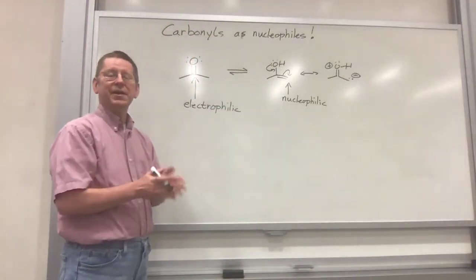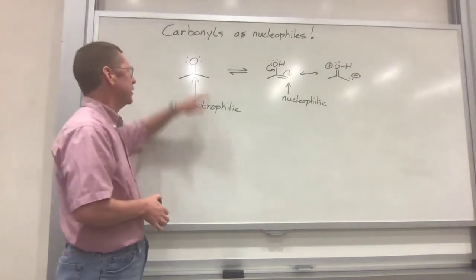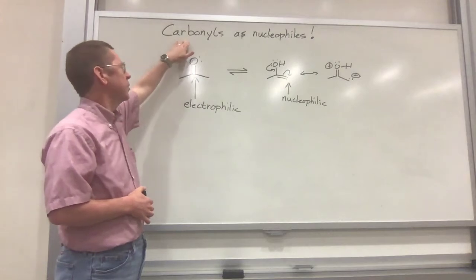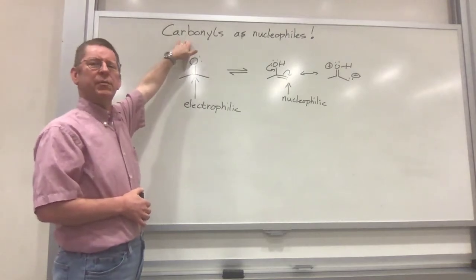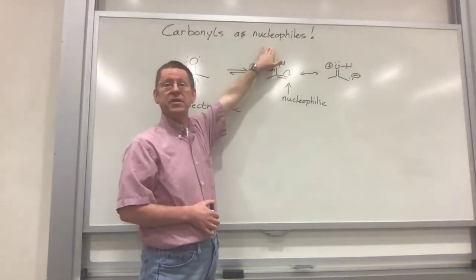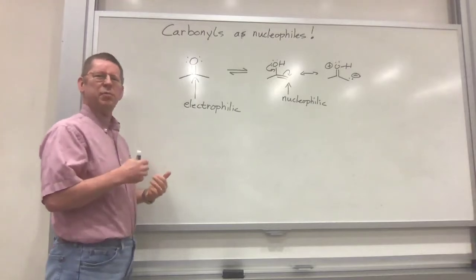Good morning again. So I'm starting off with chapter 21 material, where we're moving on. We're still dealing with carbonyls again, but now we're flipping this around. We're thinking about carbonyls as nucleophiles, as our source of electron density. Now that's important because